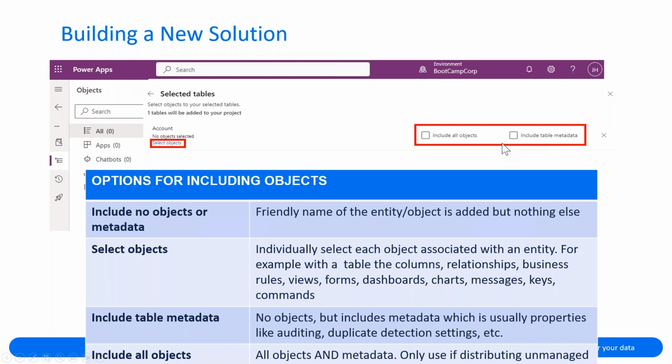Include all objects means I want to bring every single thing that the account table contains: all the columns, all the views, all the forms, all the rules, everything that particular table contains. Or you can select objects and individually select what you want to bring into that particular solution.